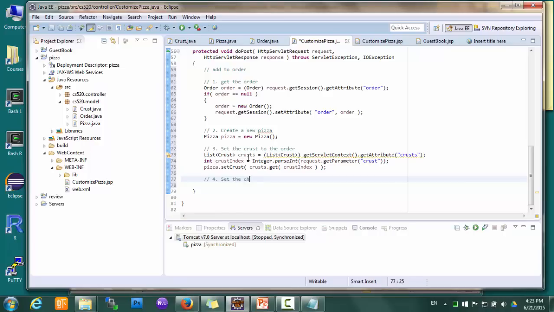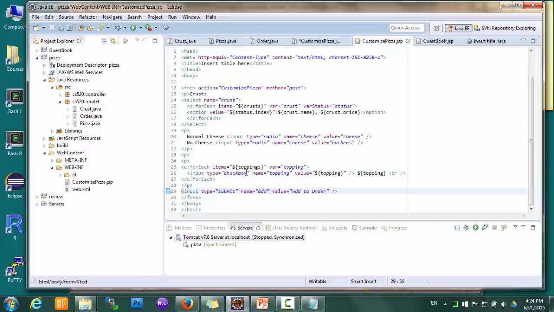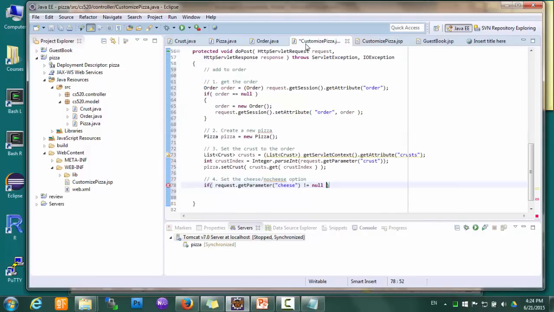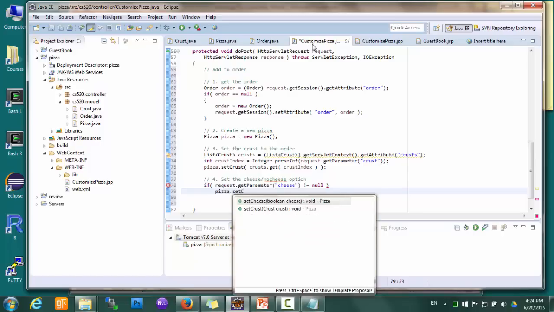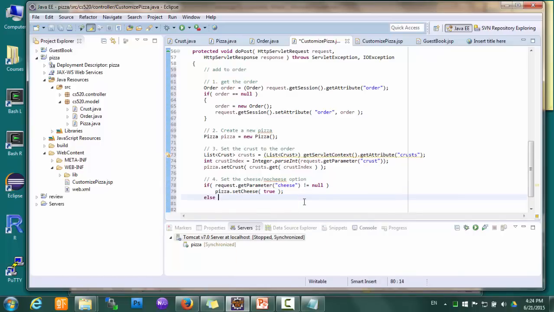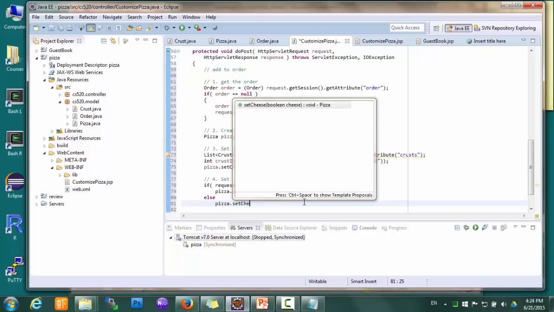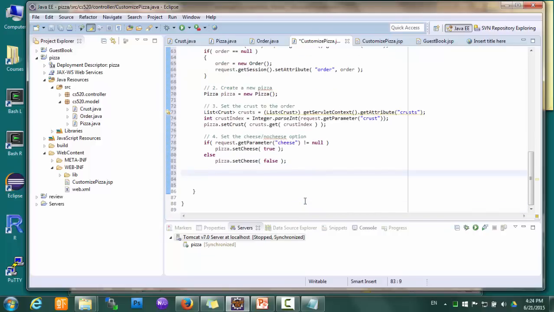and then we set the cheese, no cheese option. So we'll say if request getParameter cheese is not null, this means the user has checked this radio button, and in that case we'll say pizza.setCheese to true, otherwise we do pizza.setCheese to false. And then we get all the toppings, and here we need to do something like this. We'll say request get parameter